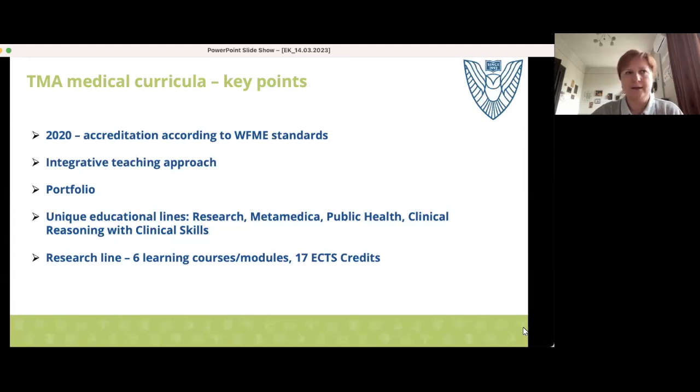Of course, you can guess that the main focus is given to the first semesters, just to have, first of all, the introduction point. That's why the first year in our medical curricula incorporates 2 learning courses, academic writing and introduction to medical research. They provide the students with just the basics of research skills, and afterwards different combinations of research line dedicated projects are presented in upper semesters: the 5th semester, as well as the 7th, 11th and 12th.